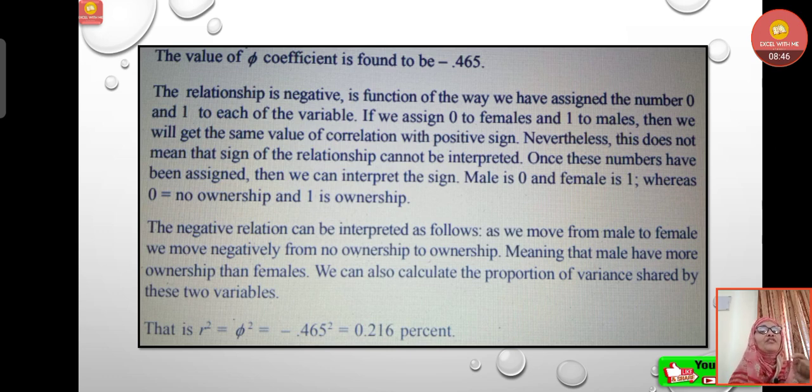Male is 0 and female is 1, whereas 0 is equal to no ownership and 1 is ownership. So the negative relation can be interpreted as follows. As we move from male to female, we move negatively from ownership to no ownership, meaning that males have more ownership than females. We can also calculate the proportion of variance shared by these two variables. This is R square, equal to phi square, equal to minus 0.465 square, equal to